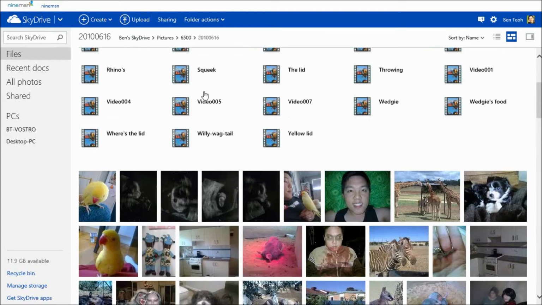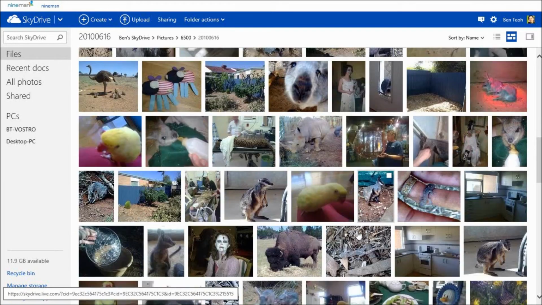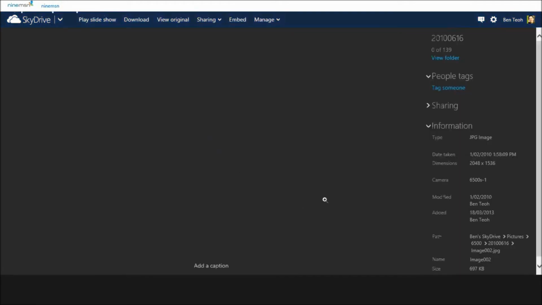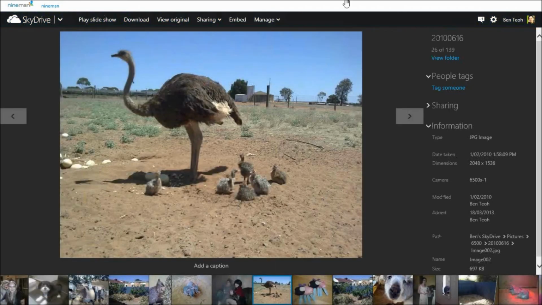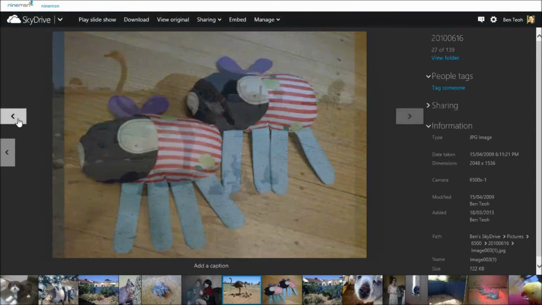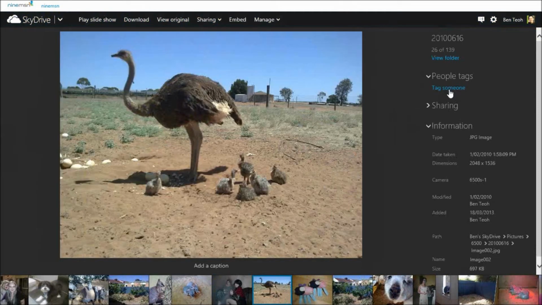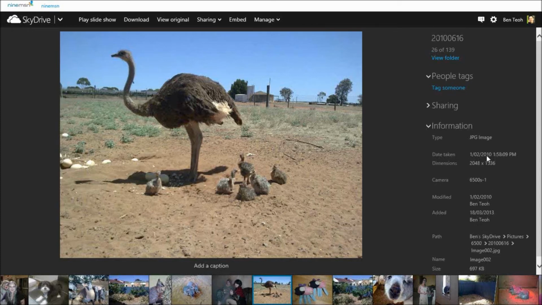Okay, so you can see photos that we've taken in the past, some cute animal photos, but we can also click on these and it turns it into a slideshow. So you can browse your photos really nicely. You can even tag people as well if you wanted to, and it gives you all the information about when it was taken and the dimensions, all that sort of information